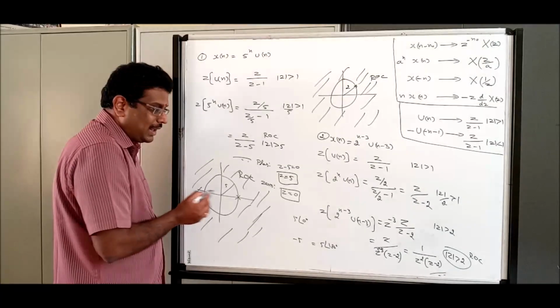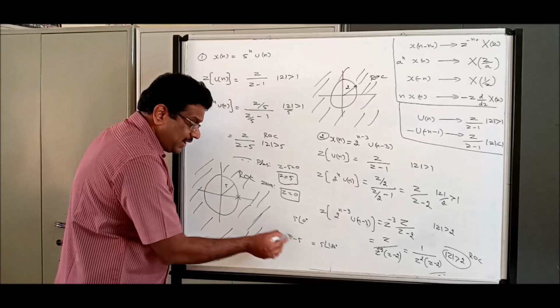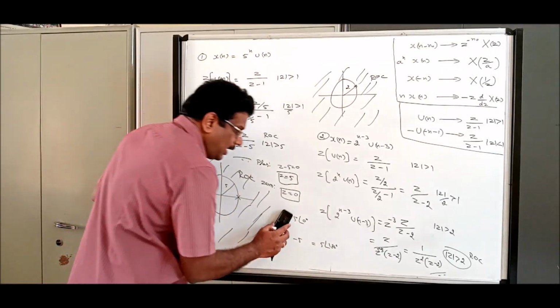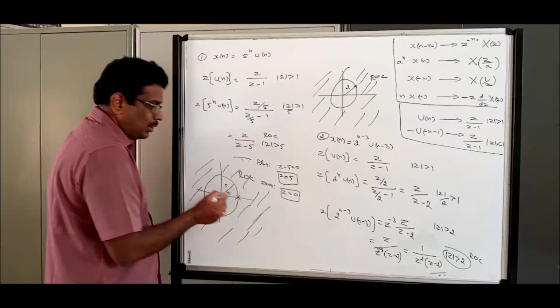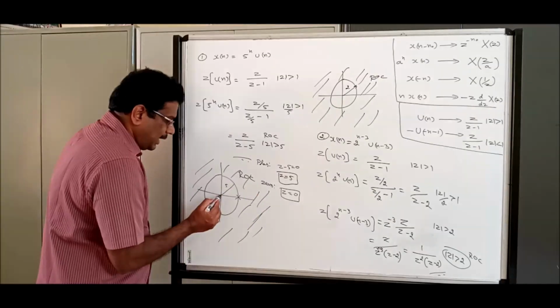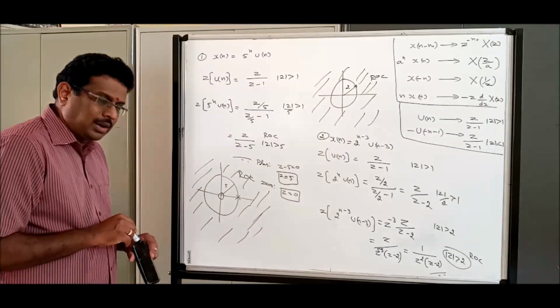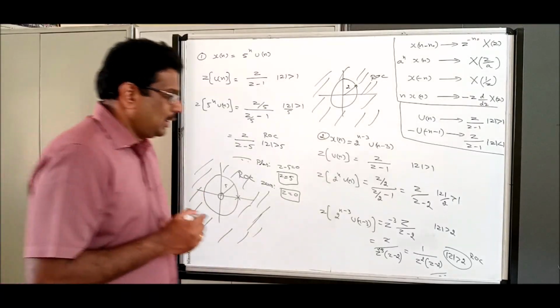But what is the meaning? 5 means 5 angle 0 degree. Minus 5 means 5 angle 180 degree. You should have that knowledge. Here, what is the pole? Z is equal to 5. What is the zero? Z equal to 0. This is the zero notation. Always the symbol for a pole is a cross, and the symbol for a zero is a circle. Now we will go here.